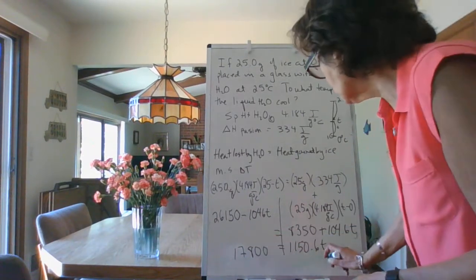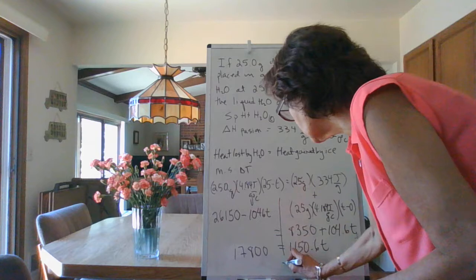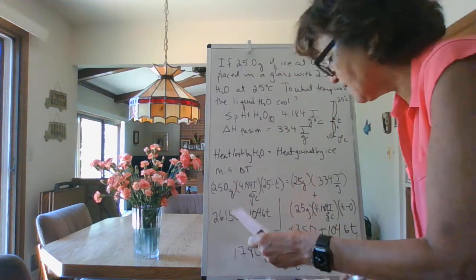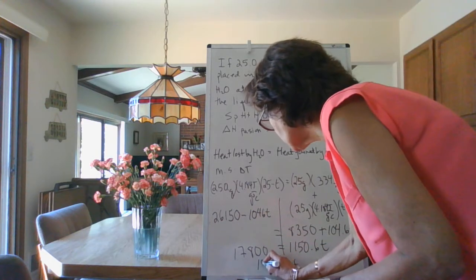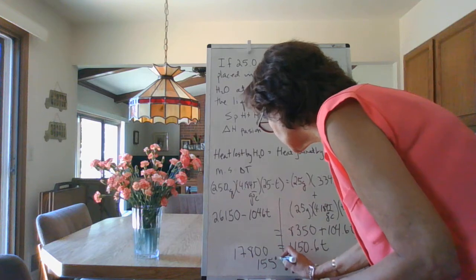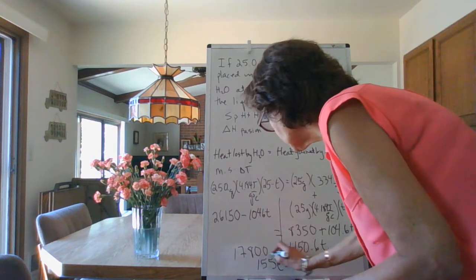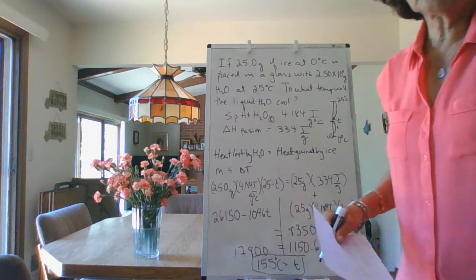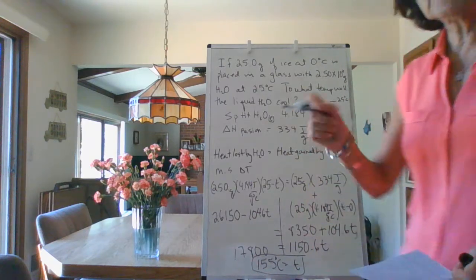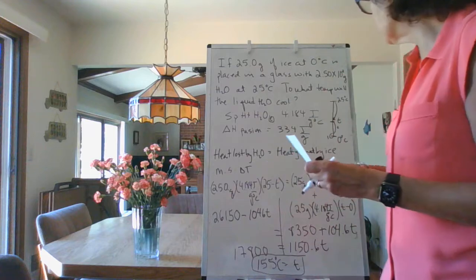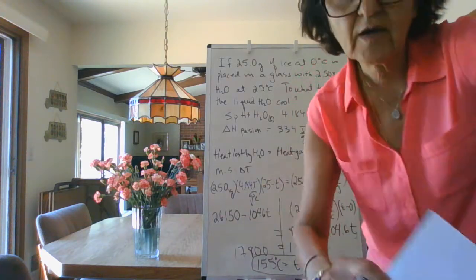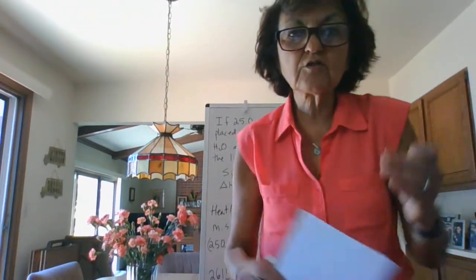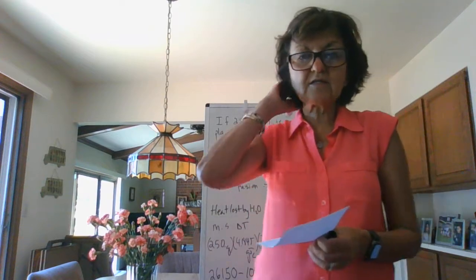And then you say T is equal to, so this divided by this, and to 3 sig figs, you have 15.5 degrees Celsius. So your final temperature that the water reaches when you cool it off with that ice cube is 15.5 degrees Celsius. Okay, so honestly, the thing that trips people up with a problem like this is just